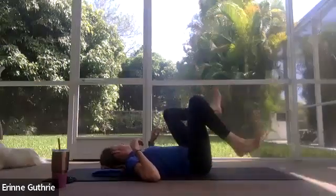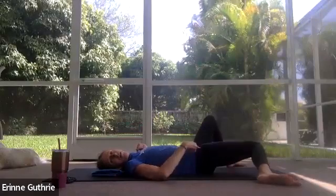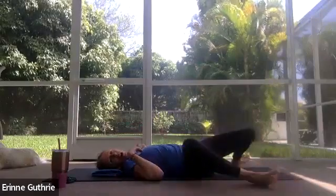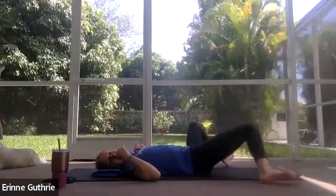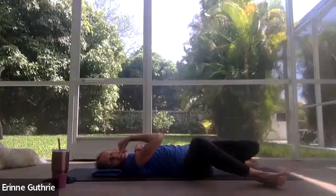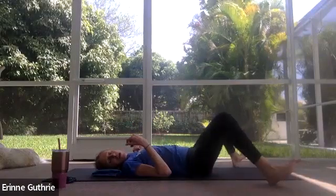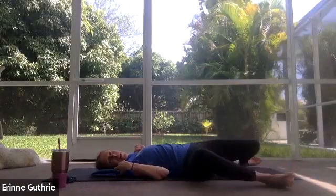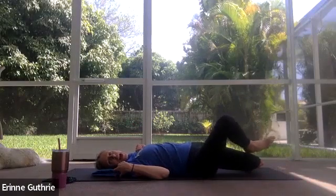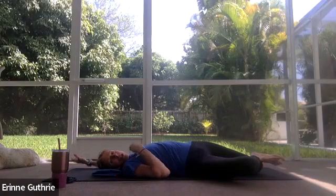Good. Release that. Take the feet as wide as your mat. We're going to do this TFL, okay, the outside hip flexor here. Windshield wiper your knees side to side. Drop both knees over to the right. Take your right ankle, hook it on the outside of your left low leg, and then reach your left arm